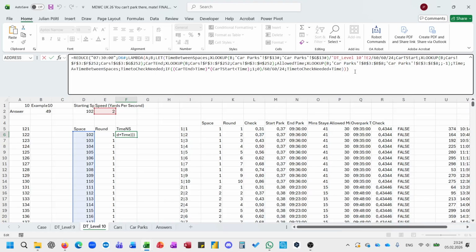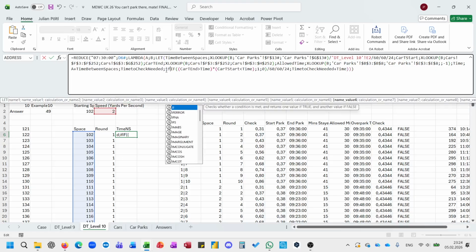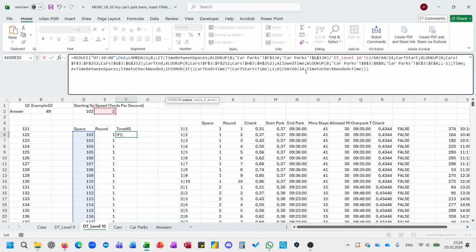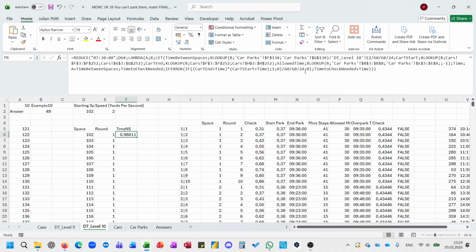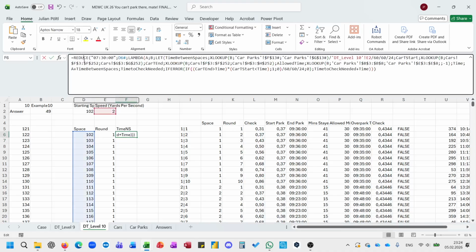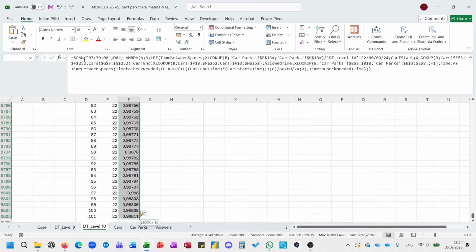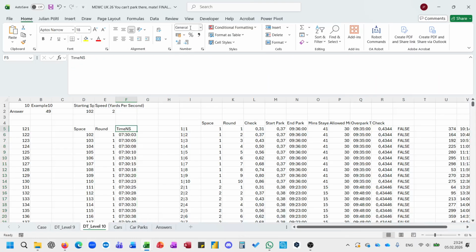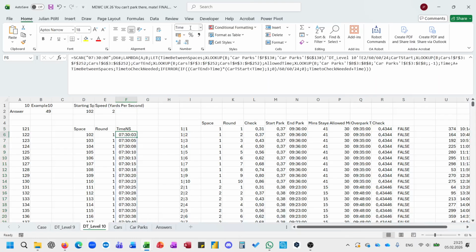Yes, because we cannot look always, so this is then if error is 0, and this should not be reduce, this should be scan. And yeah, the first space, we are at the end of the space, and therefore, does this make sense? Because actually she does not need time to check this, but the first car,